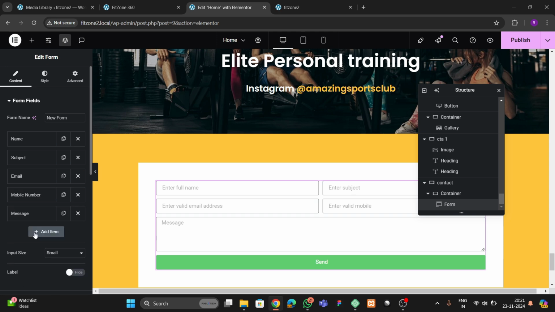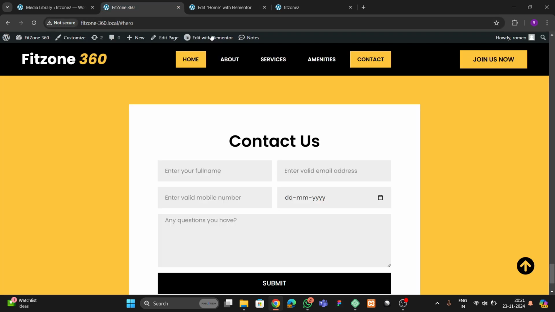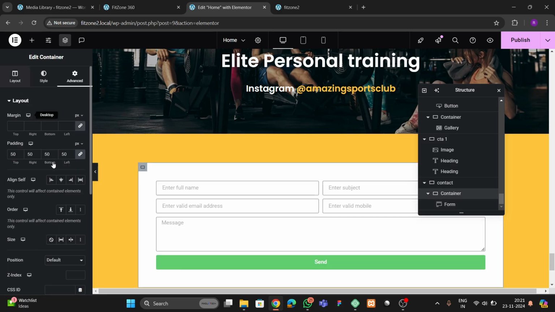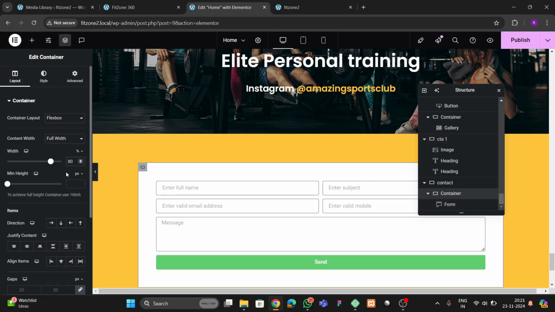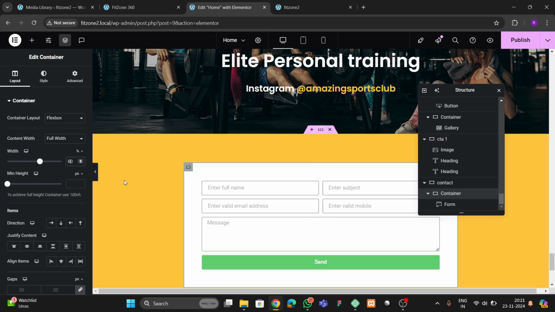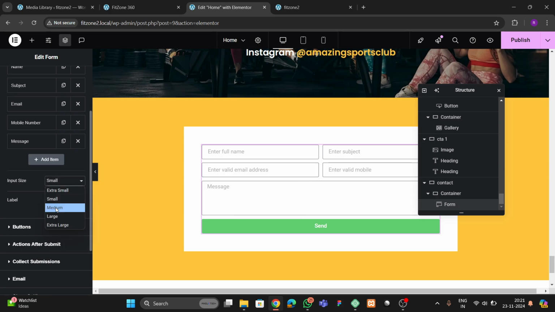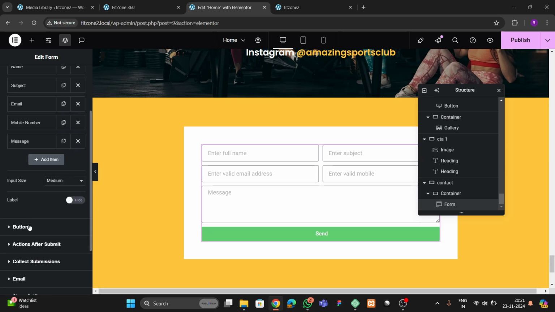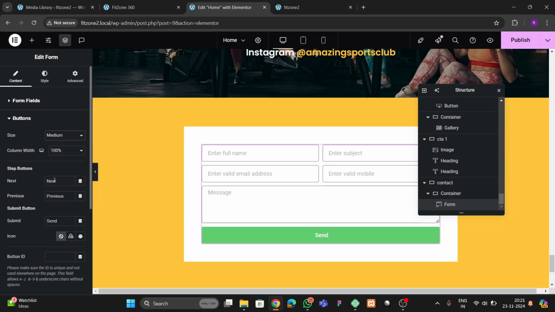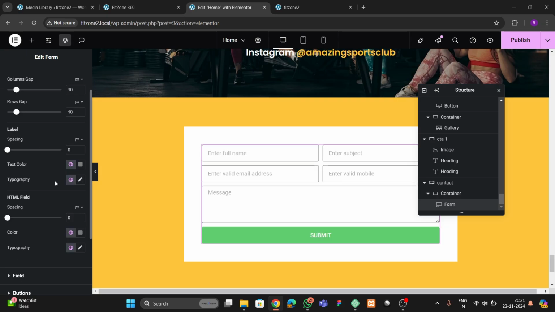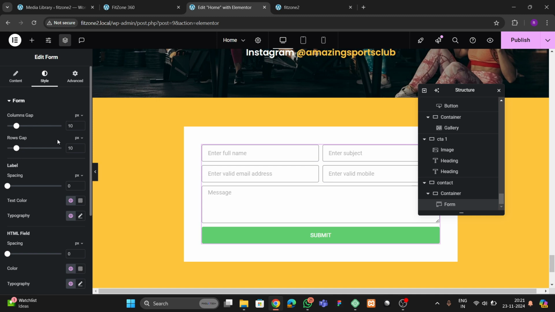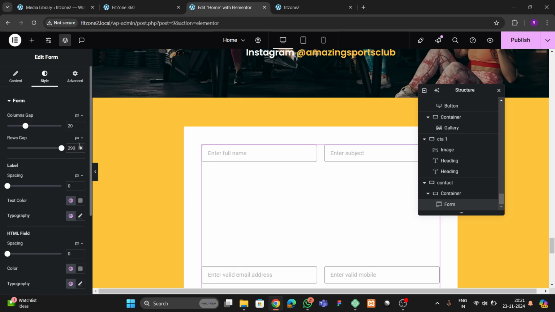Okay, then you can see that this is a little bit bigger. So what we can do, we can go to container, and here we can add 50%, or let's do 60%. Okay, this is looking good. Now we can go to this, and here we're gonna make this medium. Okay, and for the button also we can make this medium, and here we're gonna write submit. Okay, and here you can see that we have row and column gaps, so let's put this 20, and for this also we can put this 20,